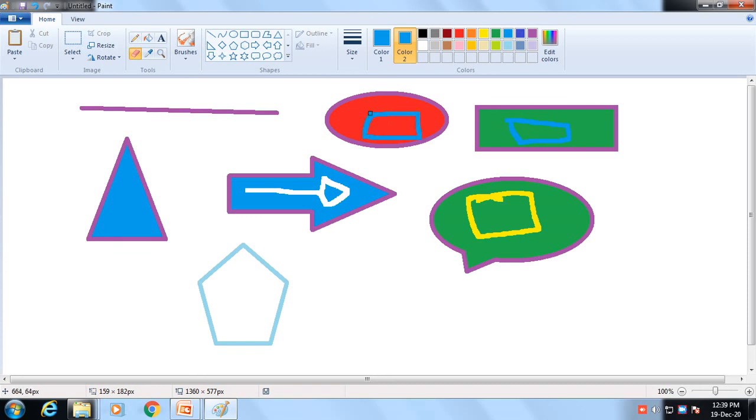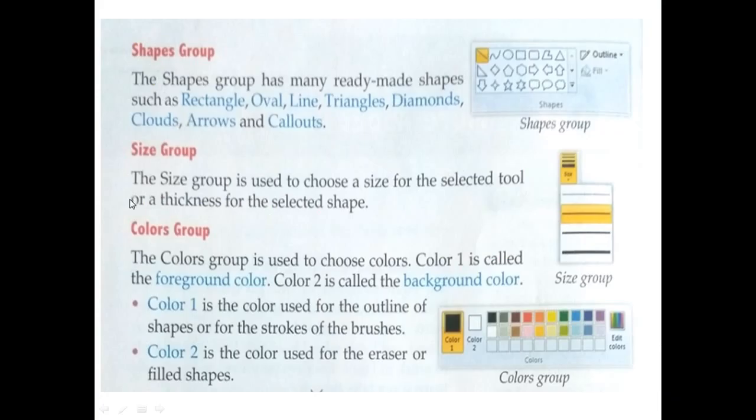In this way you can change color 1 and color 2. Okay, I hope you have understood. So using these colors you can change foreground color and background color. Color 1 represents foreground color. Color 1 is the color used for the outline shapes and for the strokes of the brushes, and color 2 is the color used for eraser or filled shape.